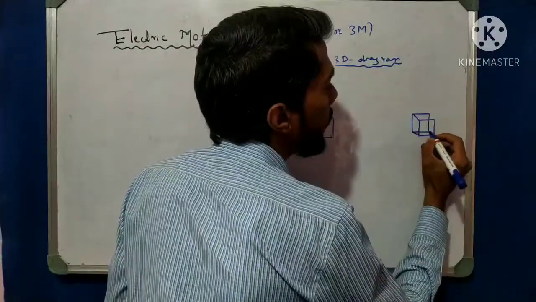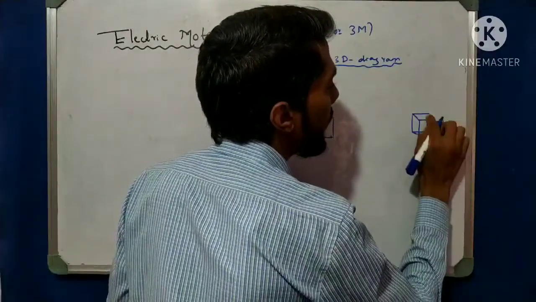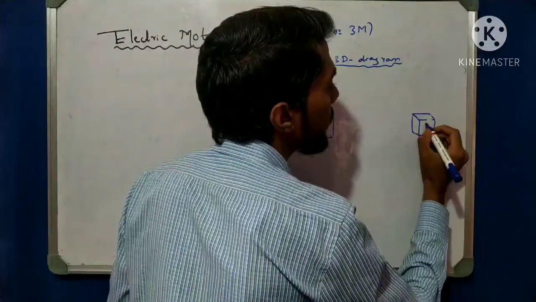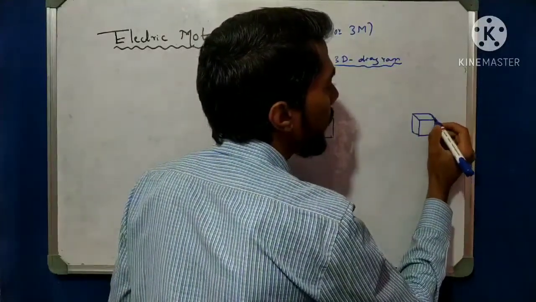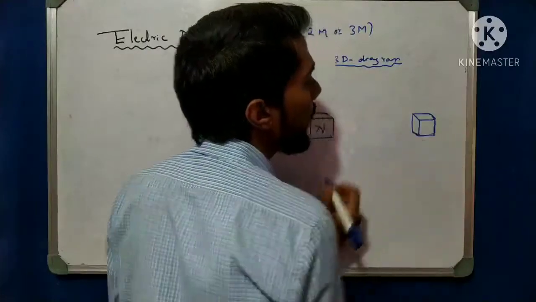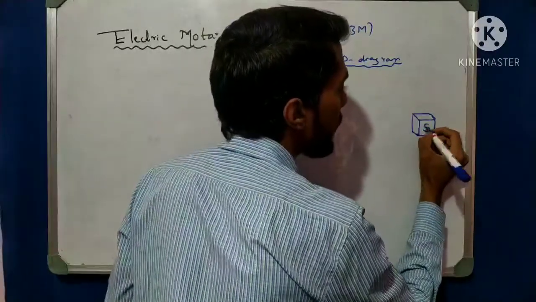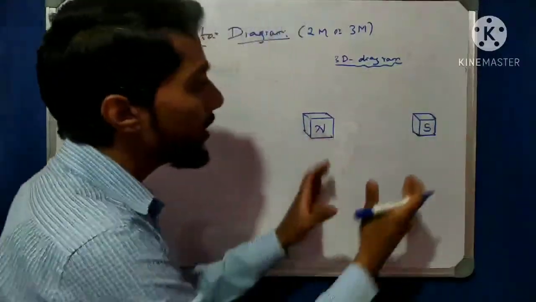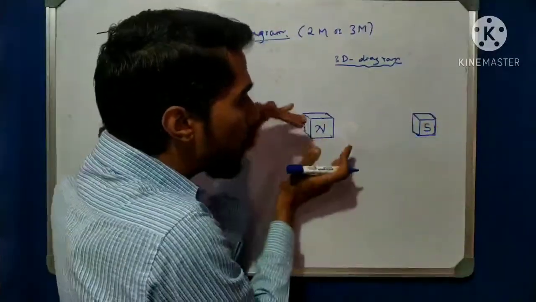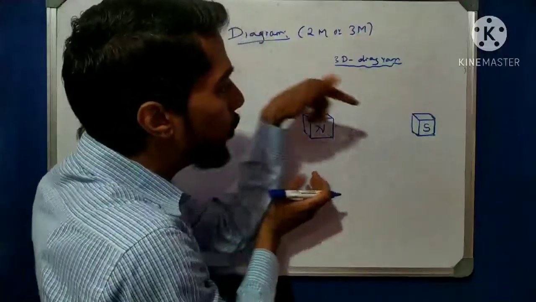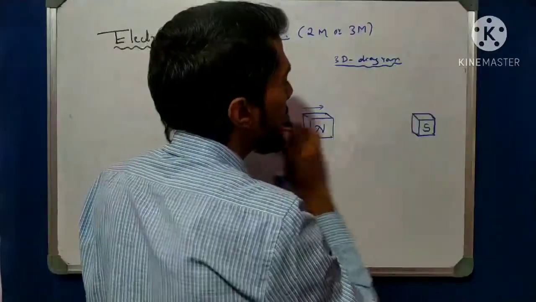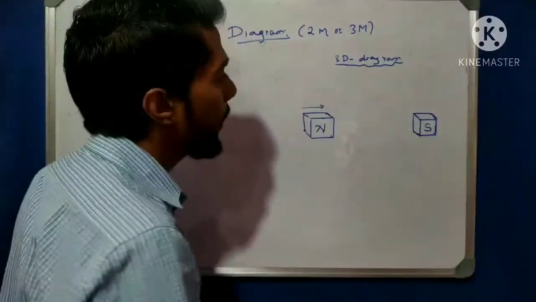So make the first cube like that, and then arrange the inner lines with a sharp pencil. Right? So I can mark this as the S pole, the north seeking pole and the S pole. The magnetic field is in the direction of N to S. This is the direction of the magnetic field, like that, N to S.